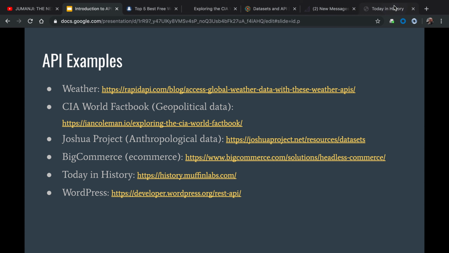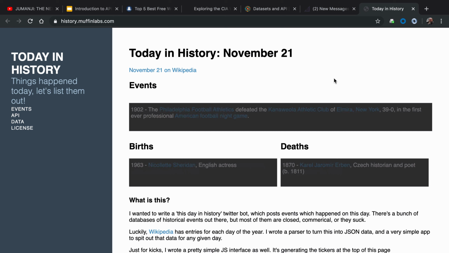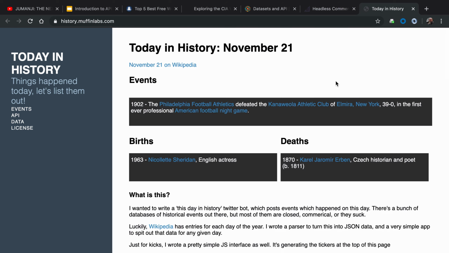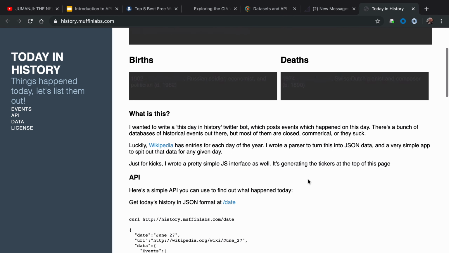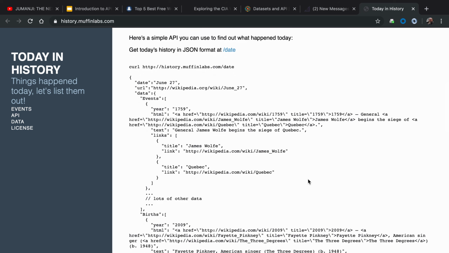I've always been a big fan of this day in history stuff. Wikipedia has this feature, but it's not in an API. It's just on their page. The guy who made this page scrapes it every day. He probably doesn't have to scrape it every day, it doesn't change that much. But then you can go get this stuff. I used to have a widget on my WordPress site that was Today in History that came from history.com. It was not done via API. It was a horrible JavaScript blob or something.